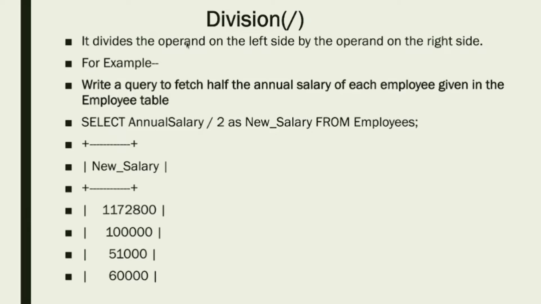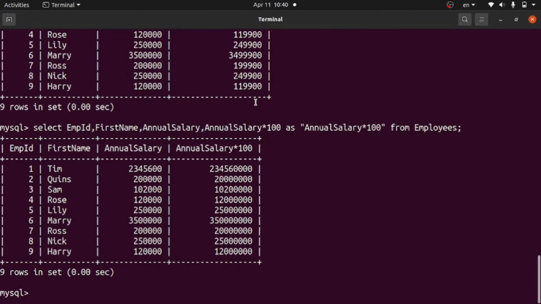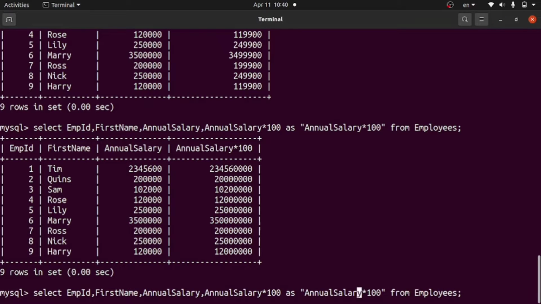So next, division. It divides the operand on the left side by the operand on the right side. For example, write a query to fetch half the annual salary of each employee given in the employee table. So let's suppose we have to divide it by 2, so that we can get half salary. So let's divide it by 2. As we are using here AS, which is alias,